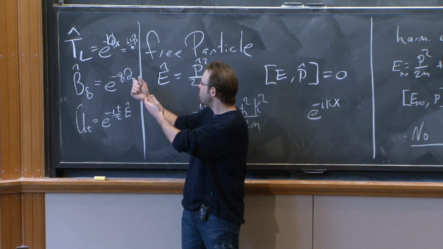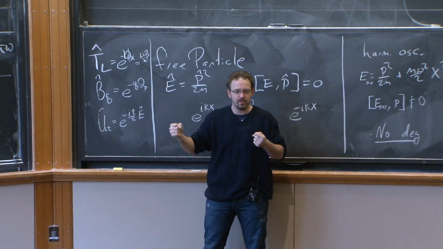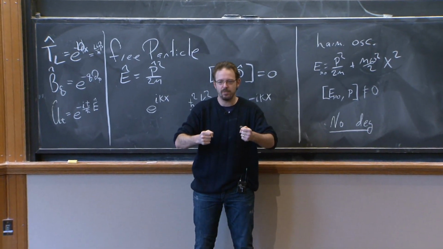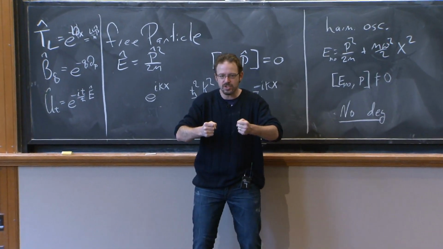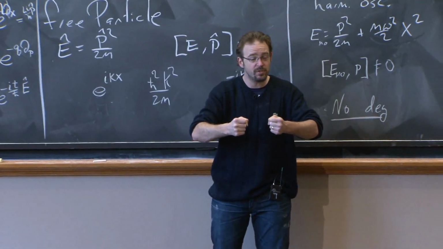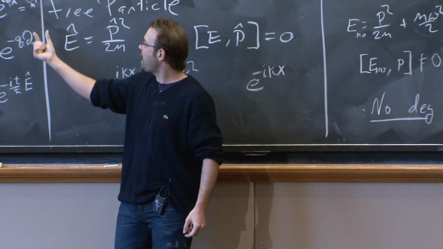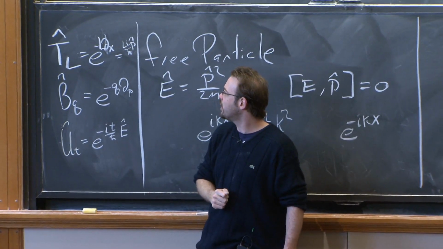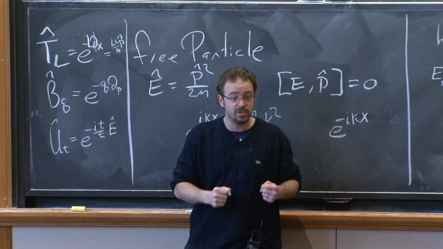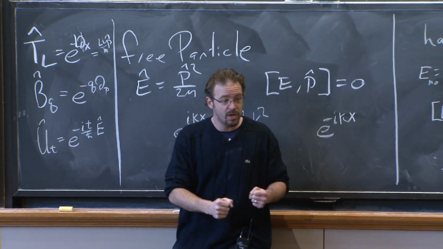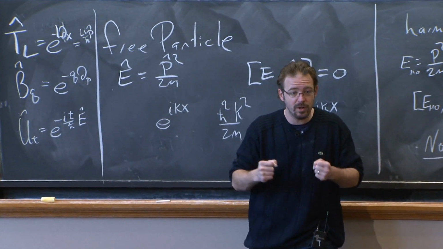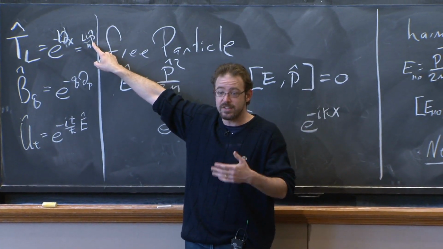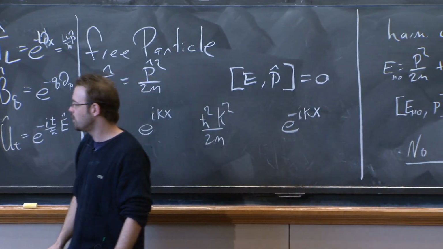And earlier we understood the role of momentum having to do with translations in the following way. There's a beautiful theorem about this. If you take a system and it's translation invariant, the classical statement of Noether's theorem is that there's a conserved quantity associated with that translation. That conserved quantity is the momentum. And quantum mechanically, the generator of that transformation, the Hermitian operator that goes upstairs in the unitary, is the operator associated to that conserved quantity, associated to that observable. You have translations. There's a conserved quantity, which is momentum. And the operator that generates translations is the operator representing momentum.